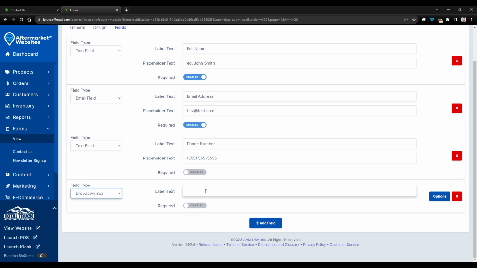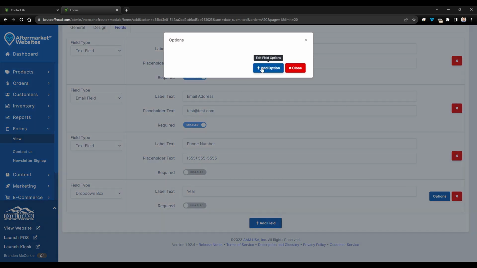We'll skip model for now. We'll just say we want to know if it's one of the top 5 manufacturers, and then what year it is. So basically, you can set a drop-down box called year. Then you can go over here to options. So anything that has a box or a checkbox or a radio button, it'll allow you to add multiple options,